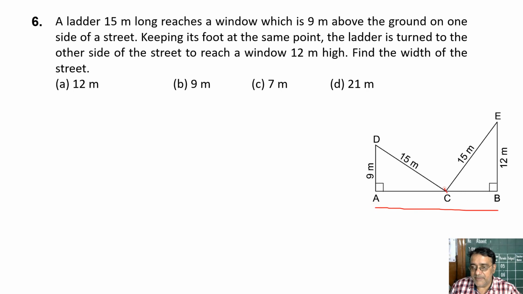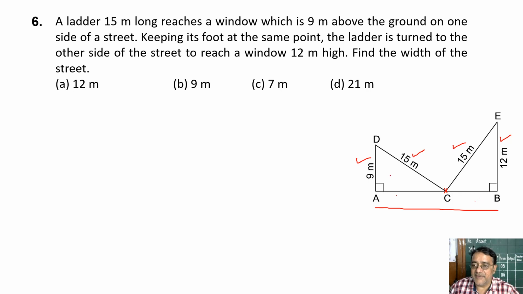Okay, so यहाँ पे हम लोग ladder का foot है. So first we kept for this window, this height, this is the height of the window. Then we keep for this one. So diagram is clear to all of you? Yes, sir. Length of the ladder is same for both cases because same ladder we have used. Only the height is different. Now what we have to do, we have to find AC and BC by using Pythagoras theorem. Very good, Pythagoras theorem.